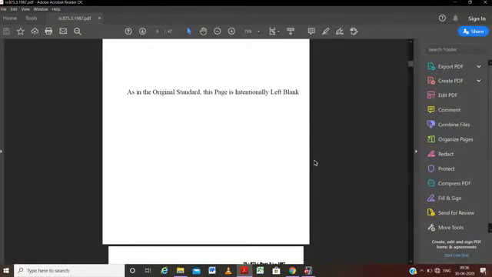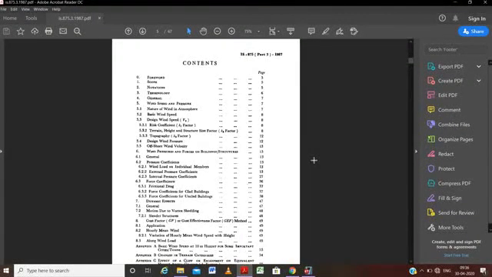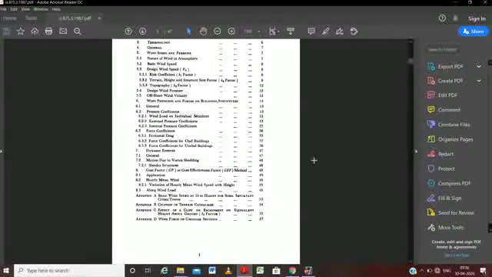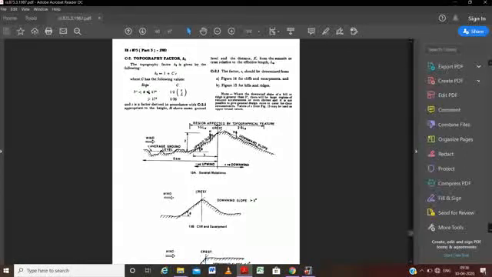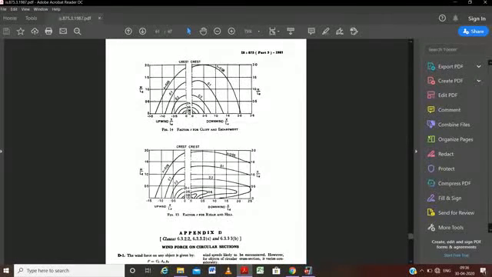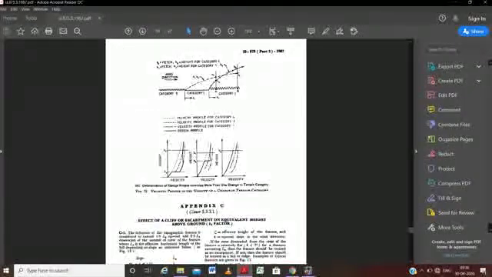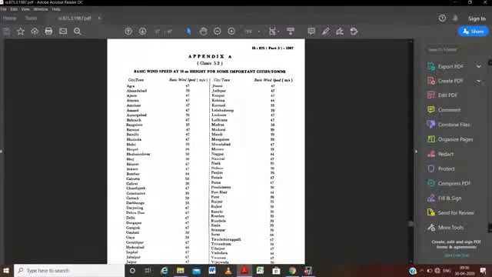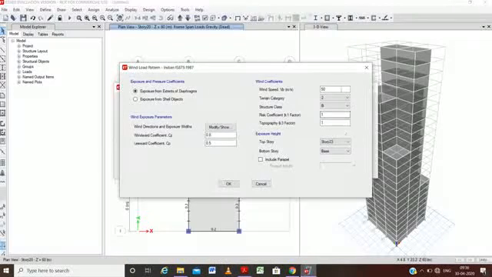We have to go to Annexure A, page number 53. Here we will find our city, that is Bangalore, and the value given for Bangalore is 33. You can watch, this is 33. So we will provide the wind speed as 33.